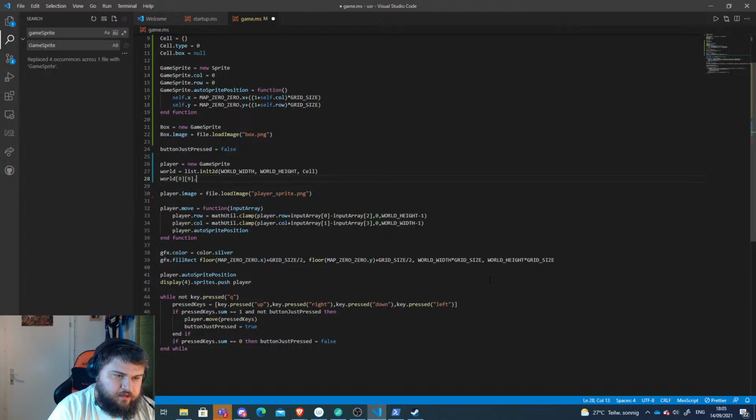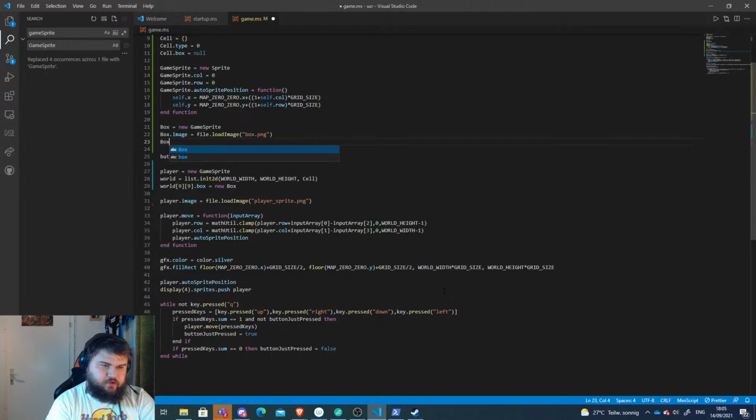That thing should have a box, and this should be a new box. And I don't know, box should have a, like, init function